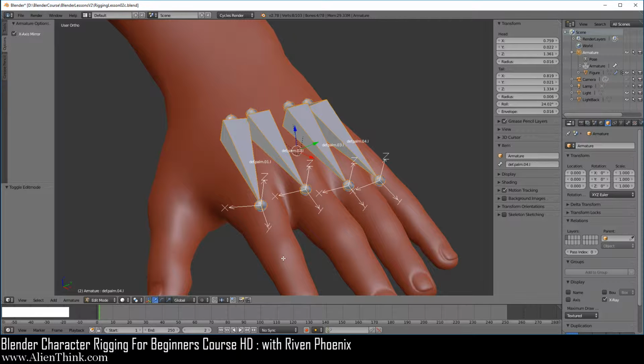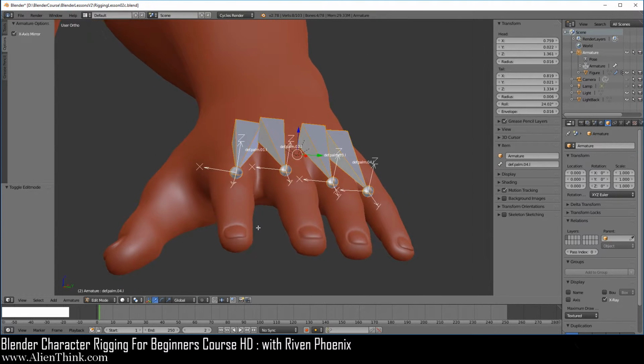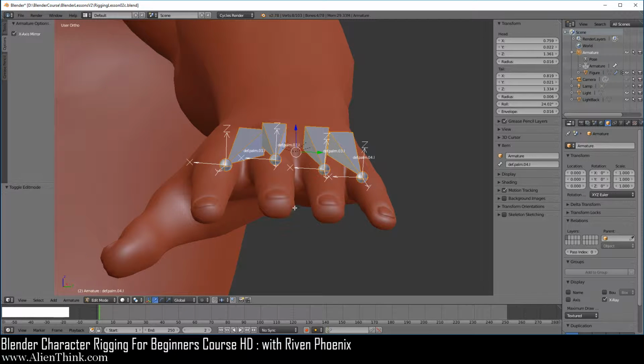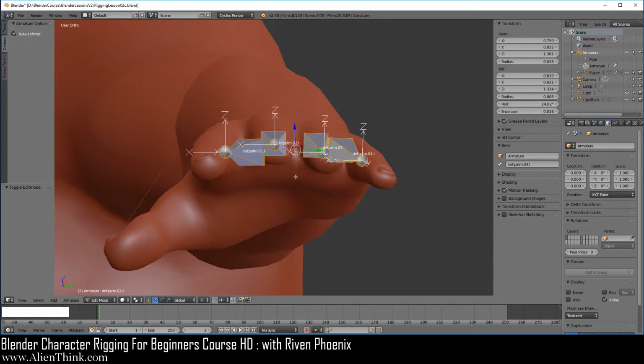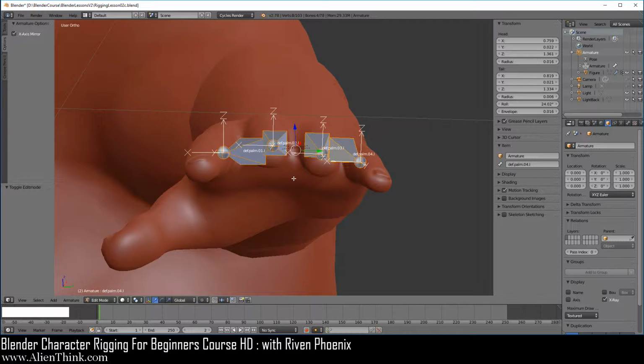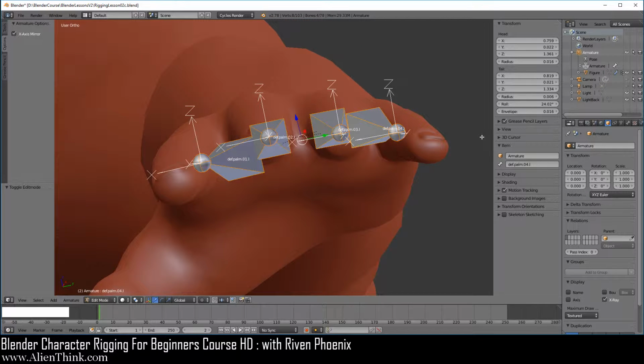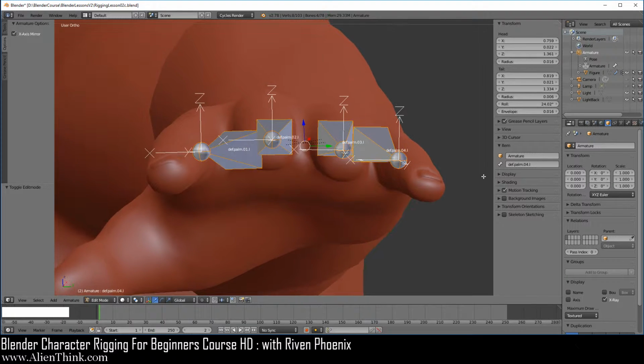Now, in order to do this correctly, what we need to do is actually look at the hand from this view over here, from the right view. Look at it like you're looking at it like this. Now, notice that the way I've done this, it's not like this. See how the Z-axis is pointing a little to the left? I've done it like this over here, so the Z-axis basically points vertical.